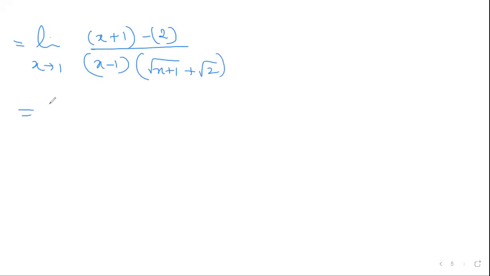So x plus 1 square and the square root sign cancel, right? There is x minus 1 here. Now, who's the culprit? How do I know who's the culprit that is making the denominator 0? Take x tending to 1. So x minus 1, this one is the culprit. This is making your terms 0. So you have to get rid of that culprit.